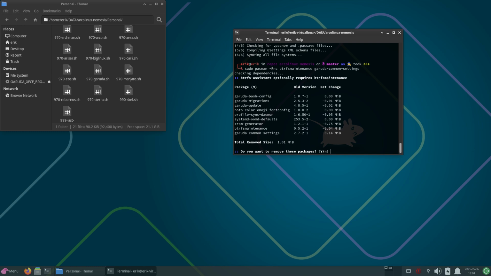It is -rns. This is all because of the fact that we have EXT4, right? That's why I do this. That's the only reason. Okay, but everything I do now has a consequence. Bad one or good one, I don't know. Btrfs maintenance, and together with Garuda